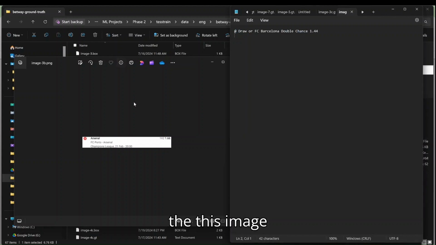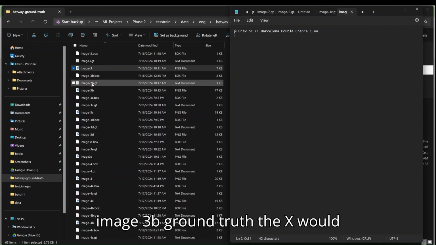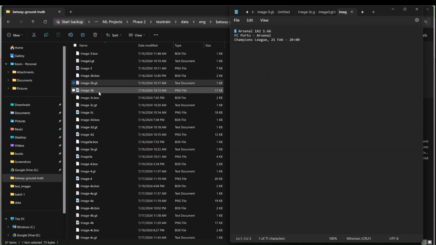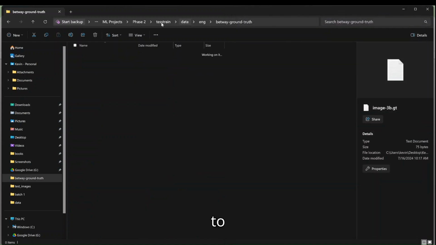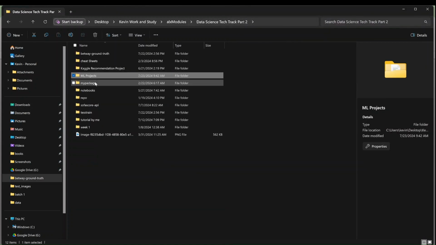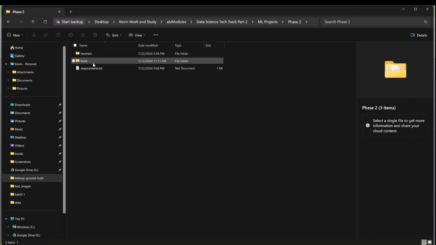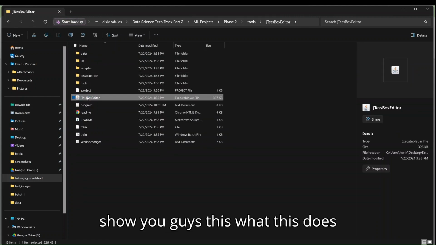And then for image 3b, the x would be something else. It would be image 3b ground truth, and the x would be represented by this. So that's basically it. I'm using JTextBoxEditor to rearrange the boxes. Let me quickly show you what this does,